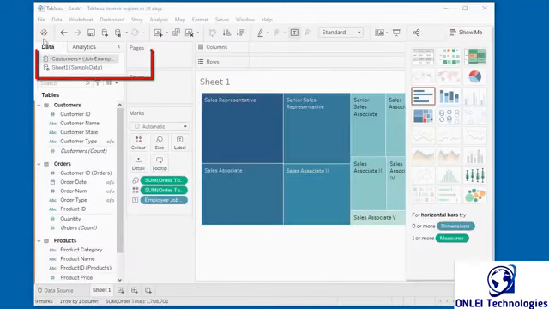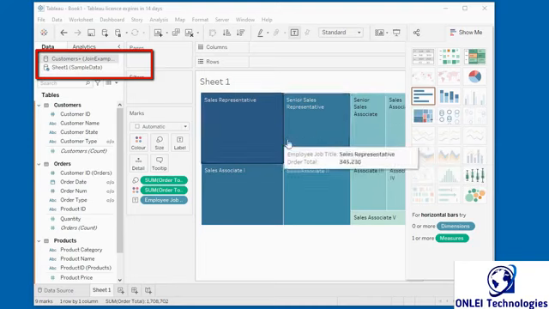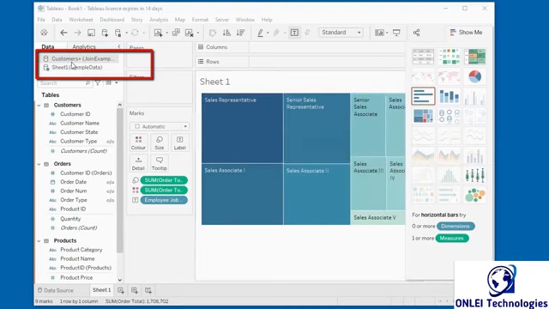Okay, so now since you have already made the connection, you will see something like this here. Now if I click on this sheet one sample data, it is the connection which we have created. First of all, remove these visualizations which we created in the previous video. And what we can do,